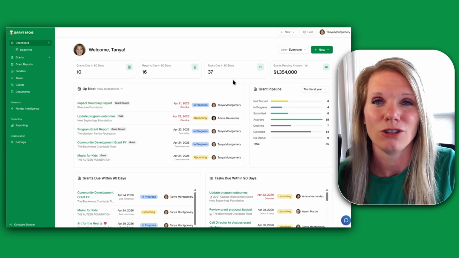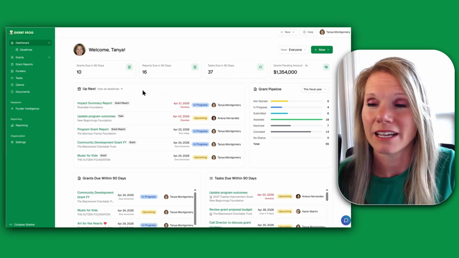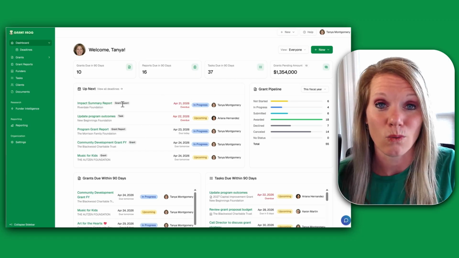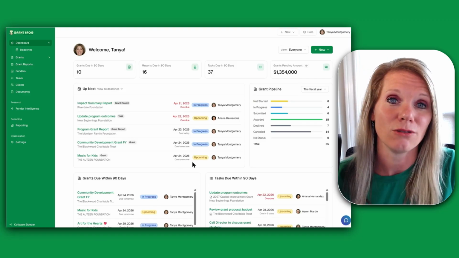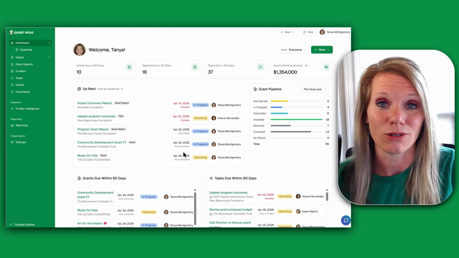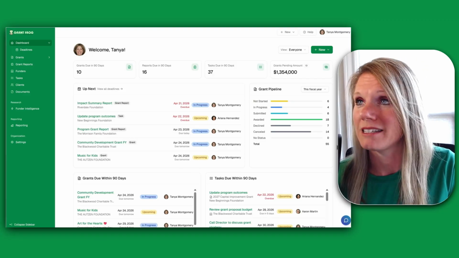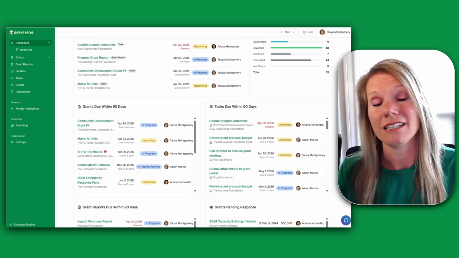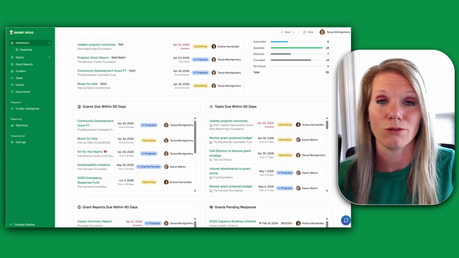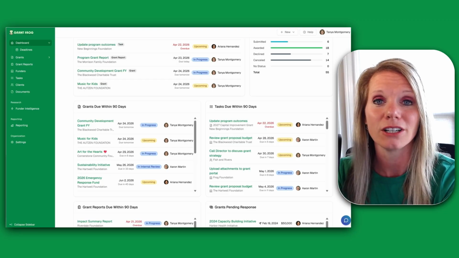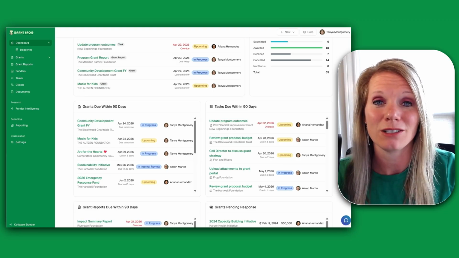multiple ways. You can see your most upcoming deadlines. You can see the title, what type of deadline it is, a grant report or a task, what foundation it's related to, the due date, and the user. So you have that all in one place. You can also go down here and see what grants and tasks and grant reports are due within 90 days. So you really have a forecast and an outlook on what's upcoming and what you need to work on the